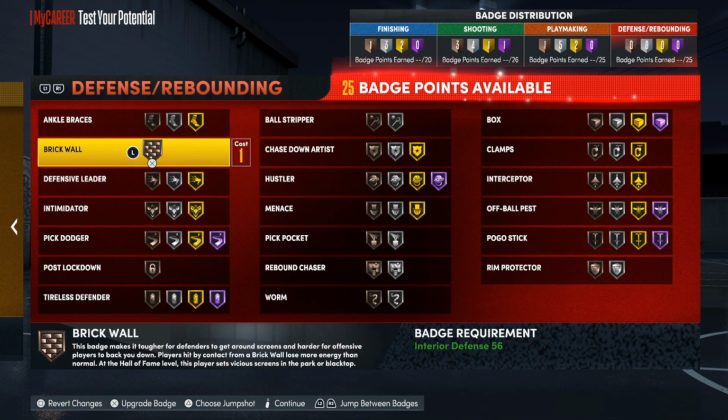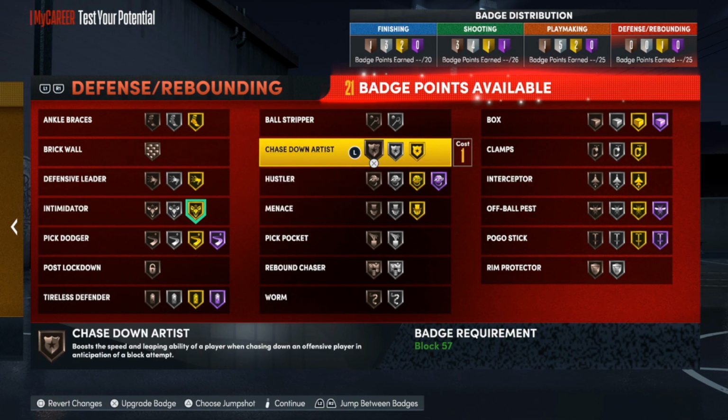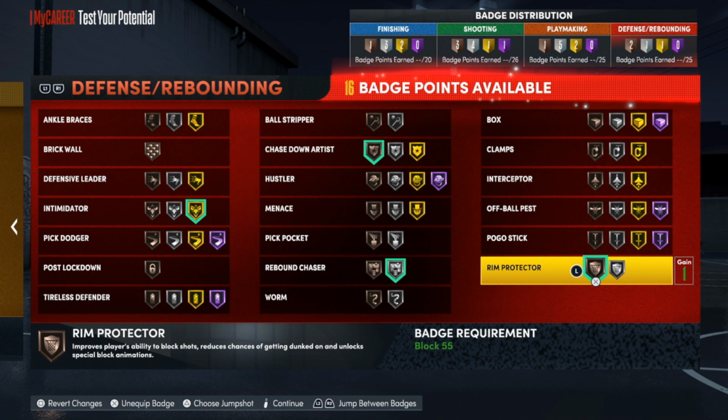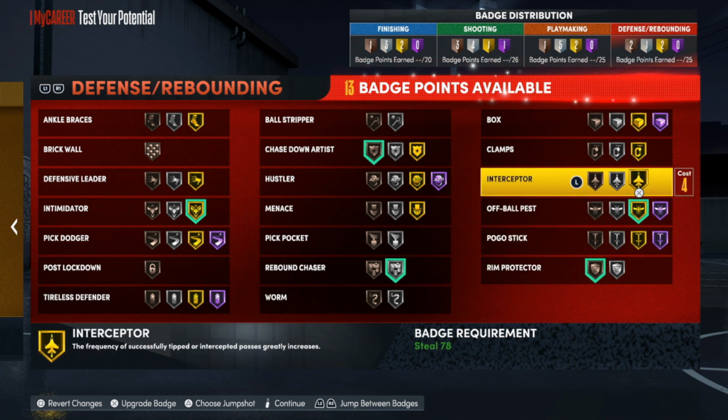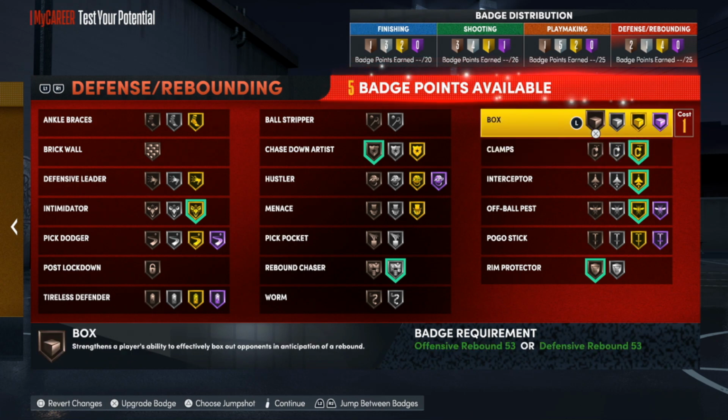Now, because this build will be at the 3, there's a few things that I feel like you don't need. You don't need Ankle Braces, really. You're not going to be going up against a bunch of dribble guys, but you might want Intimidator. You're definitely going to want Chase Down on this build. Rebound Chaser, because you might have to get some rebounds. Rim Protector, Off-Ball Pest on gold, Clamps on gold, Interceptor on gold, and then we're going to put a bronze